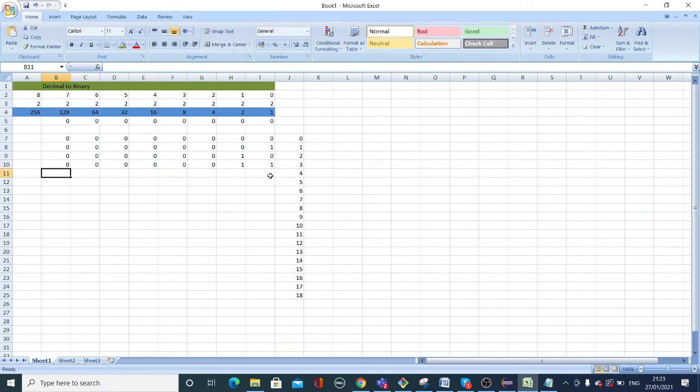So we just add 2 plus 1. Here is 4. The 4 value already exists here, so that will be 1, and here 0, 0, all other zeros. When it is 5, where are you going to put? 1 and 4.